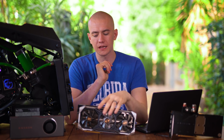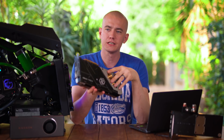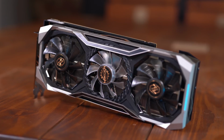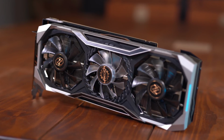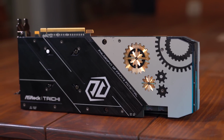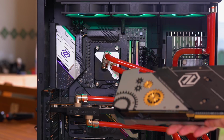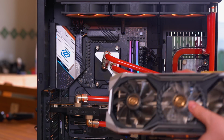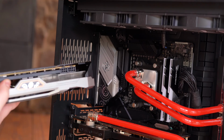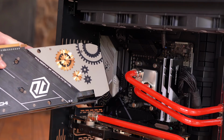Hey friends, this marks the second of 2 Radeon RX 5700 XT reviews that we need to get done before I head out from South Africa. And today we're taking a look at the ASRock Tai Chi edition. Probably, in my opinion, one of the best looking graphics cards that have come out with this AMD generation. Obviously this is going to be personal preference, but I love how it matches ASRock's Tai Chi design philosophy. Pair this with an X570 Tai Chi board, and you have a pretty sleek build design aesthetic going on. Slap in some Trident Z Neo G-Skill RAM kits and you are going to have a very good dual tone